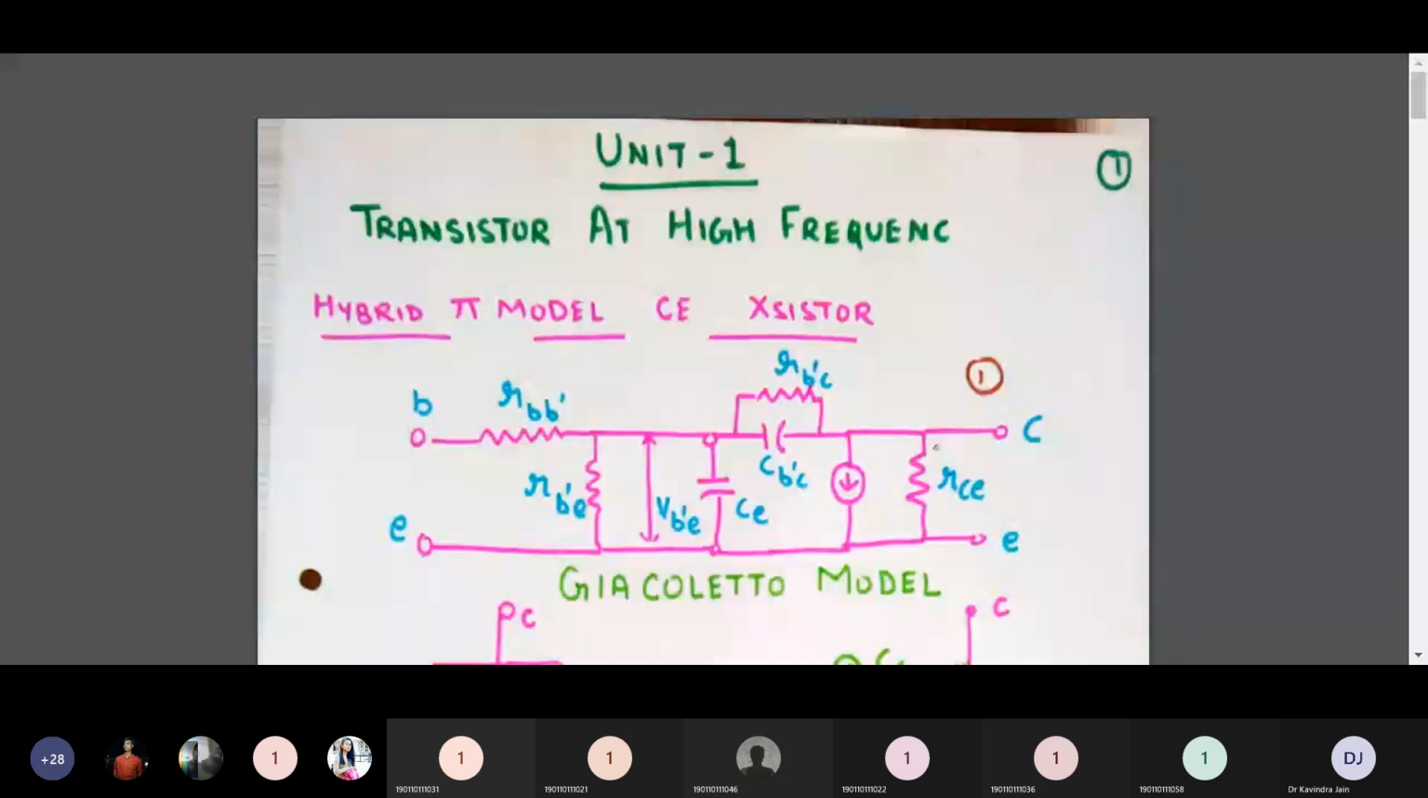Please note down few things. Point number 1: internal node B dash is not physically accessible due to early effect voltage,